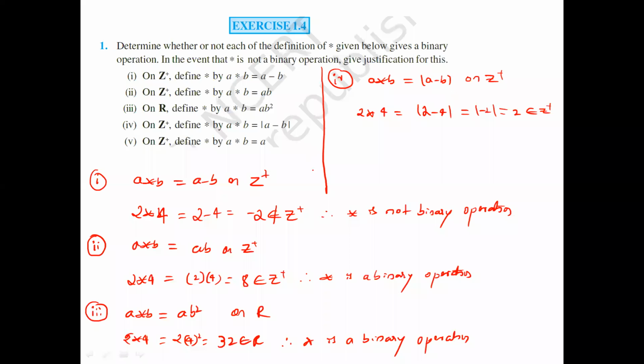But what about the first one? It is not a binary operation. The fourth one is a binary operation because of that modulus. Modulus means absolute value, which means a negative value becomes positive. Okay. Next, fifth one,